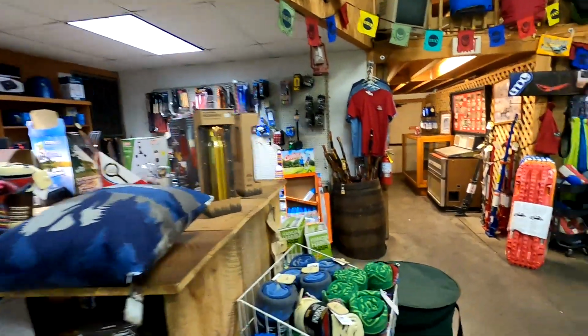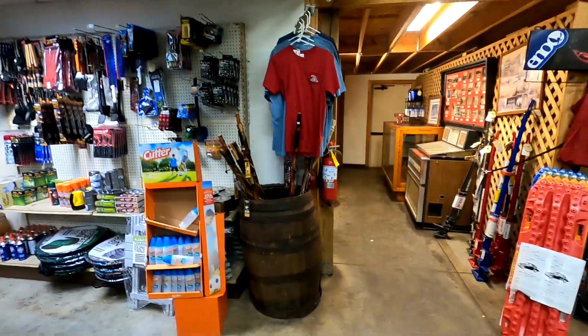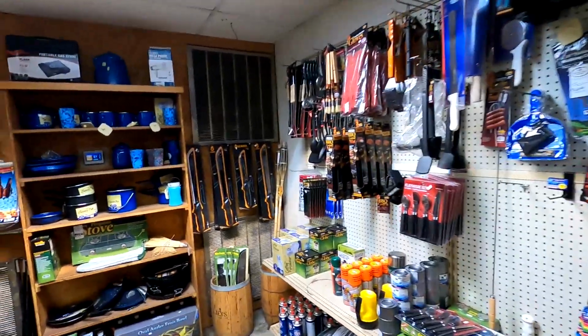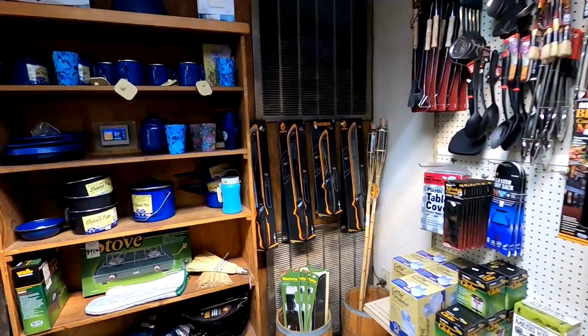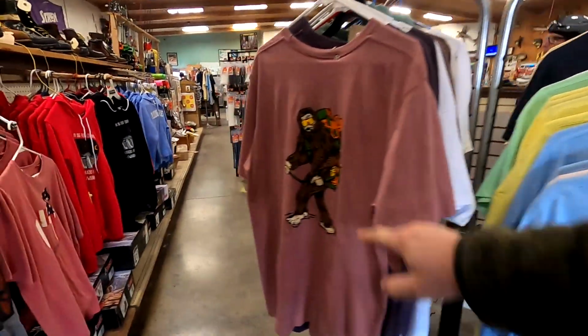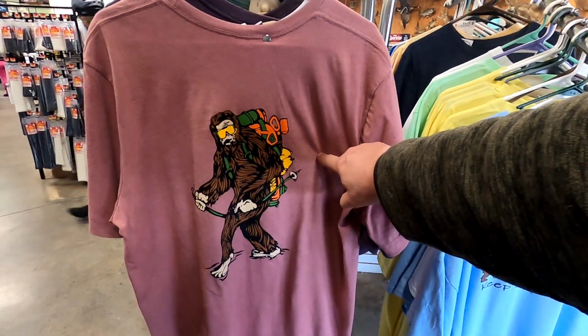So they have all kinds of stuff. Some walking sticks here for the trails. So you've got all kinds of goodies. Got your machetes too. And here are some of your merch. I do like this one here, the hiking